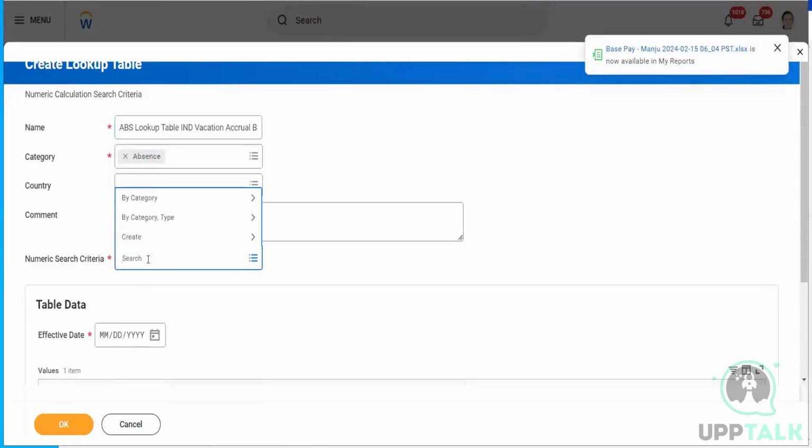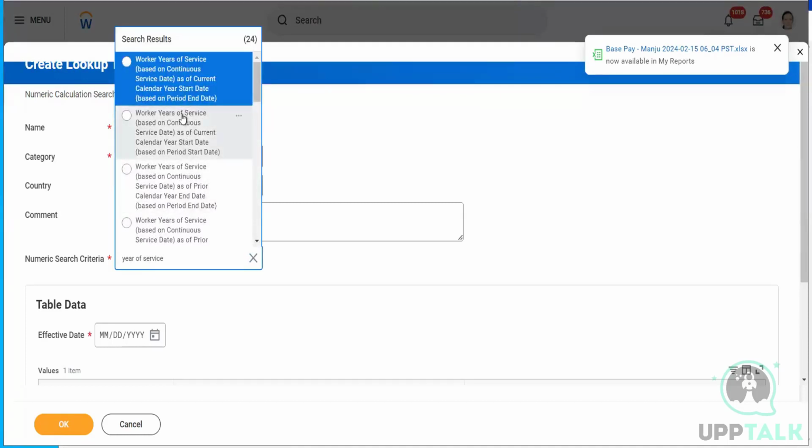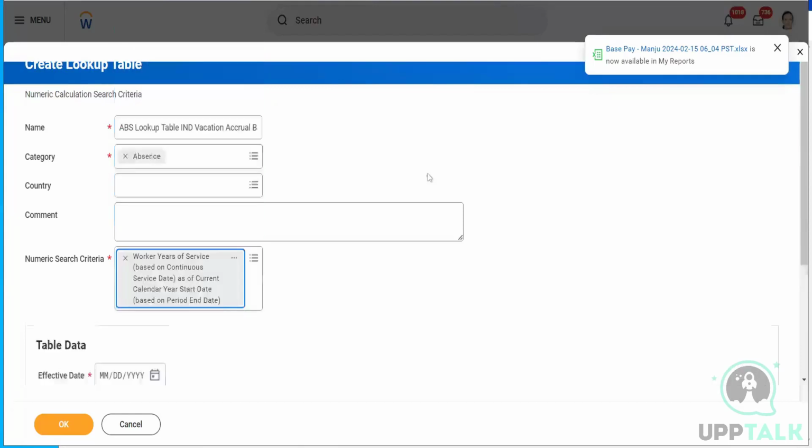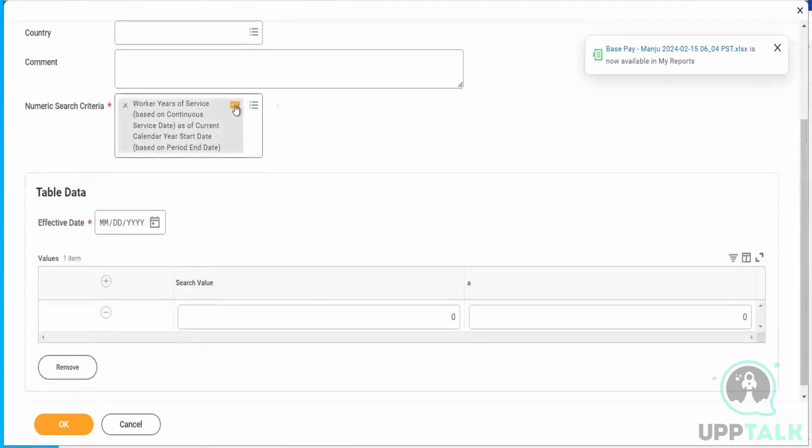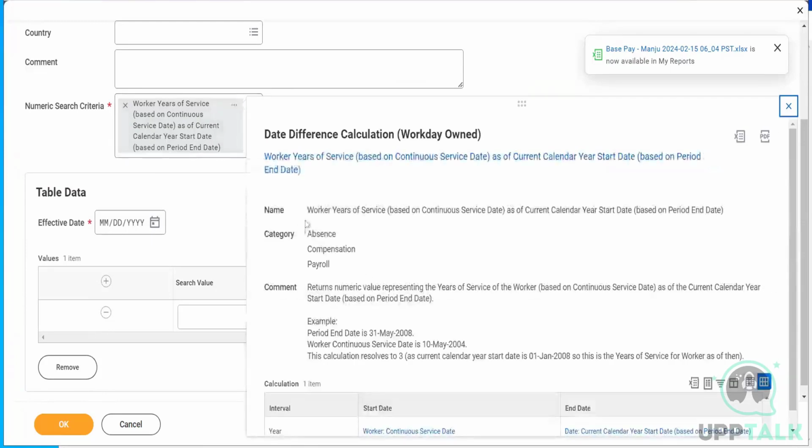Here you need to give the field name based upon what you are going to decide. Based upon year of service, based on the continuous service date, I'll pick this. It's a Workday delivered field. If you click this three dot, it will tell you